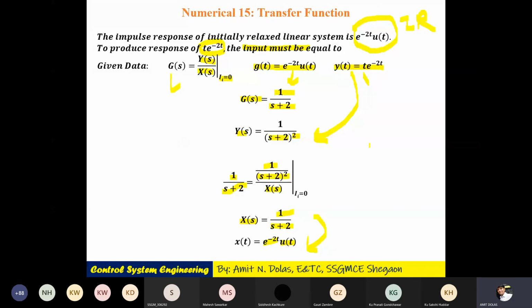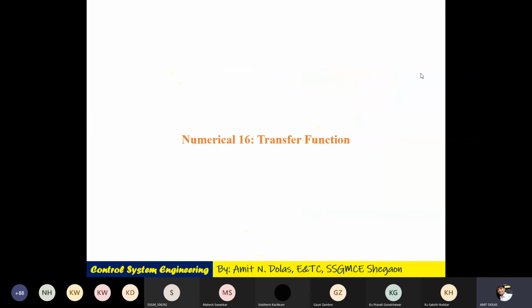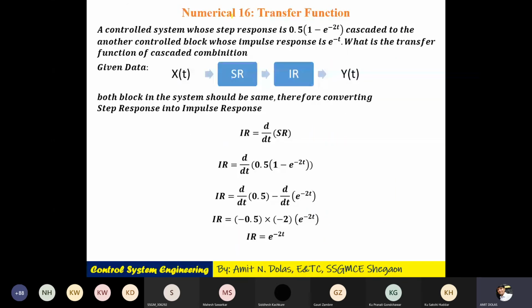So this is how we can solve. So this will be your input. This will be your input to get this output. Problem is solved. Next numerical is 16. I already told you there will be two different systems,